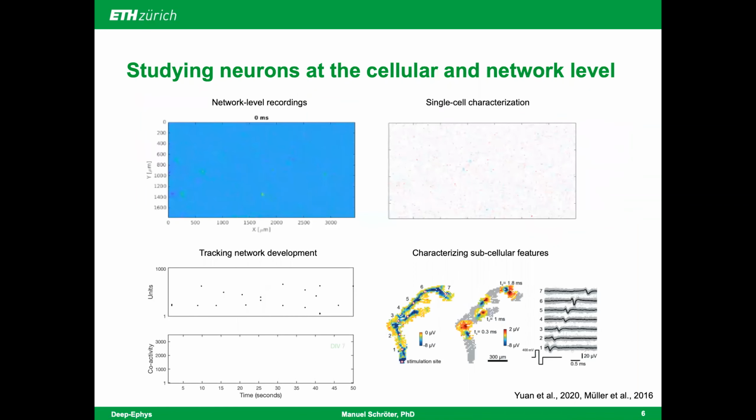On this slide, I would like to give you some examples and a taste of what kind of readouts you might get from HD-MEA recordings. On the top left, you see the ongoing spontaneous activity of an entire neuronal culture. Each blue spot here indicates the location of a neuron and a fired action potential. Yellow, on the other hand, indicates positive signal amplitudes likely generated from axons.